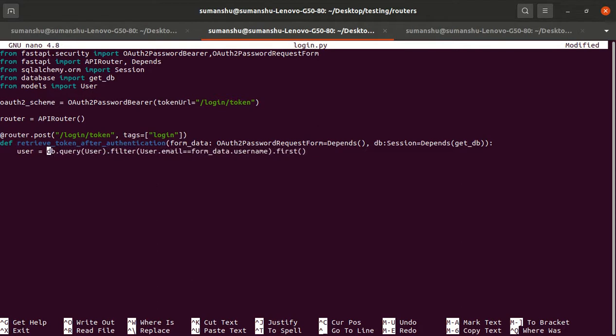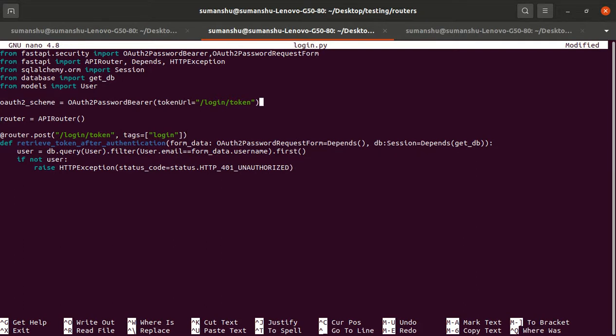So let's store the user. Let's suppose if it is unable to find, so if not user, then we have to raise the HTTP exception. First we have to import the HTTPException, and we have to set the status code: status_code is equal to status.HTTP_401_UNAUTHORIZED.